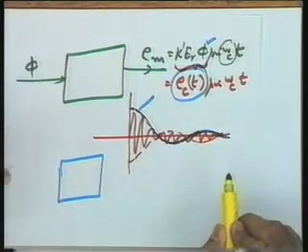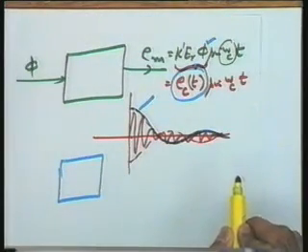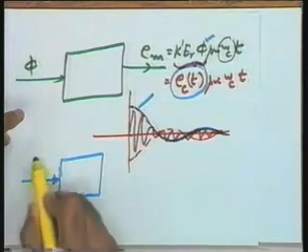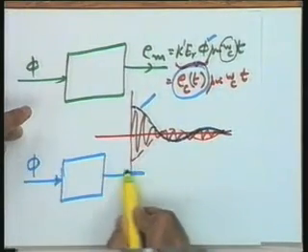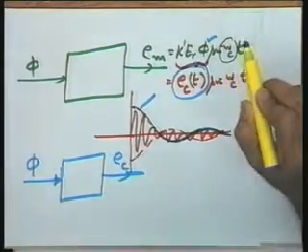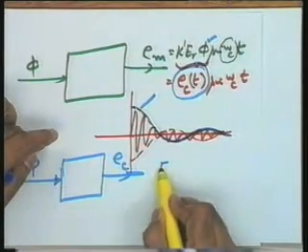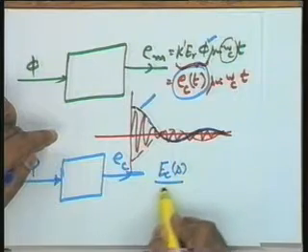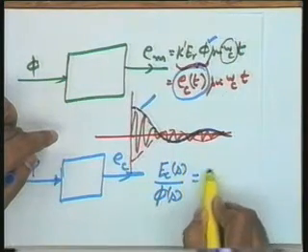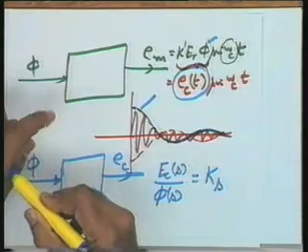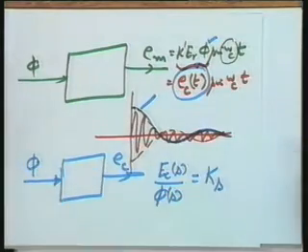And hence I can say, as far as the mathematical model from the point of view of control analysis and design is concerned, the mathematical model will look like this. Phi is the input and EC is the output, where EC is the envelope of the modulated signal. Now you can easily write the output EC(s) divided by the input phi(s) as nothing but a constant Ks, which is called the sensitivity of the synchro error detector. It is identical to the constant Kp, which you utilized in the case of a potentiometric error detector.